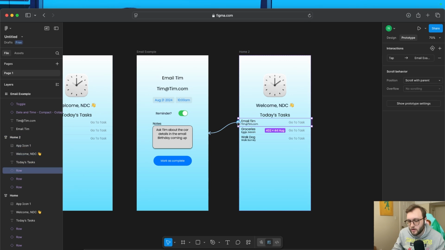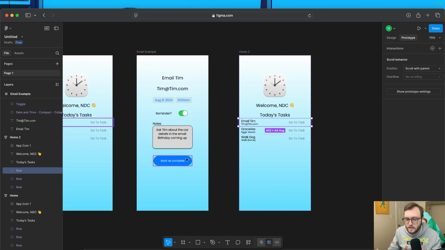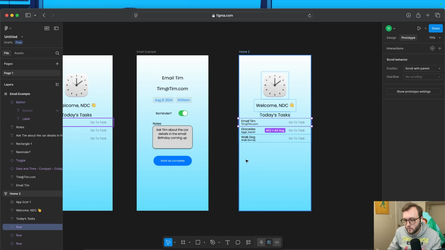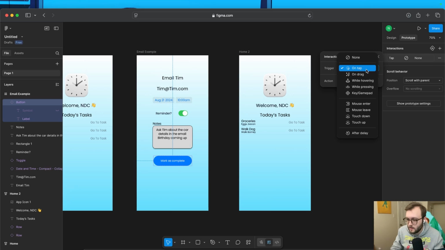But essentially what I want to have happen is I'm going to delete this interaction by clicking on the interaction and hitting the delete or backspace key. Now I'm going to get rid of the email Tim task. You can also choose to fade it out to show people have completed it. In my case, I'm going to delete it. And now when I click on mark as complete, we can go back to our interactions, on tap, action, navigate